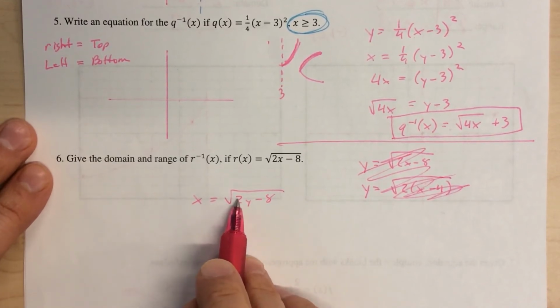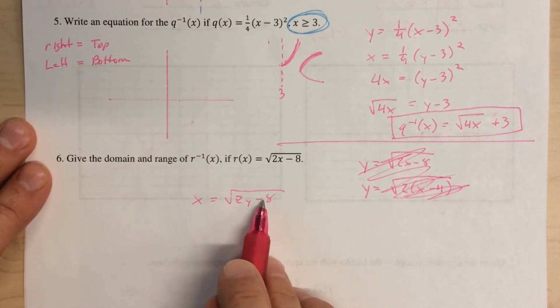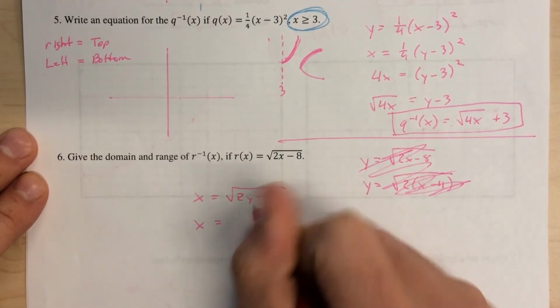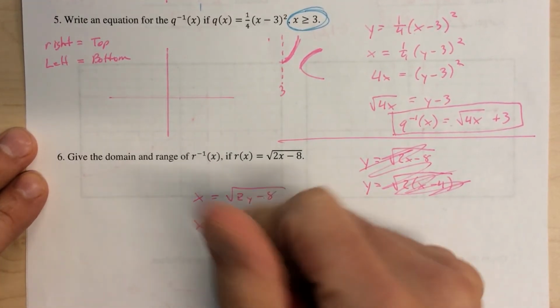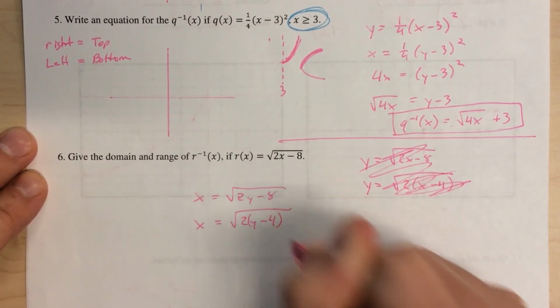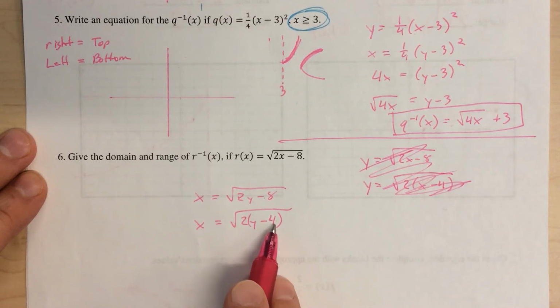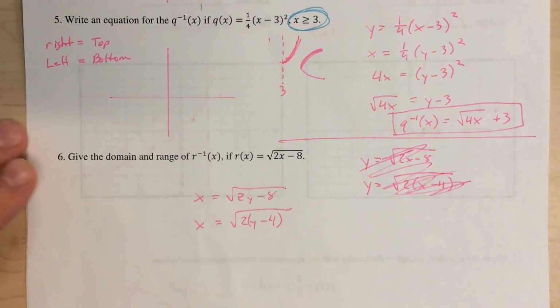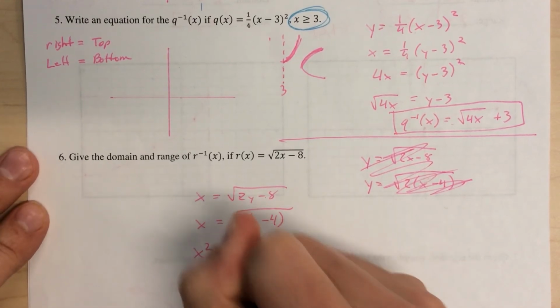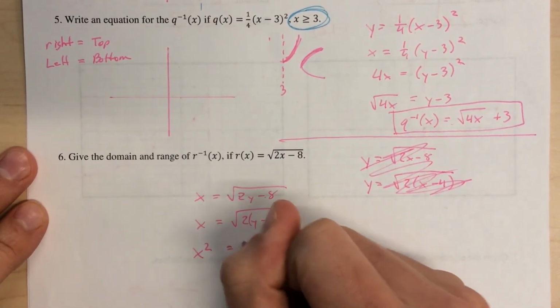If you have a b value and some sort of adding or subtracting, which we either call c or h, you do need to factor that. Okay, so I already switched the x and the y together, which is one of the steps. But I need to also factor out the 2, because it's important we see that as a -4, not as a -8. Okay, now solving for the y value, we are going to square the x, which will get us to 2